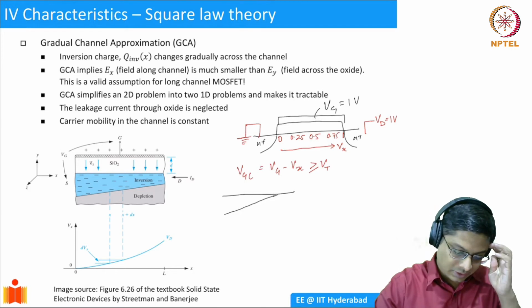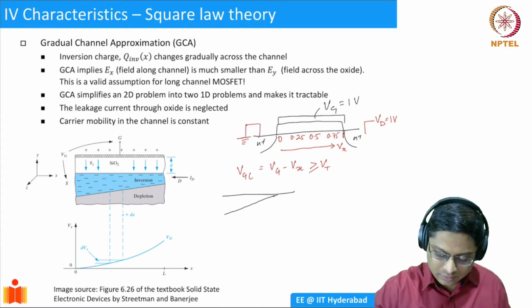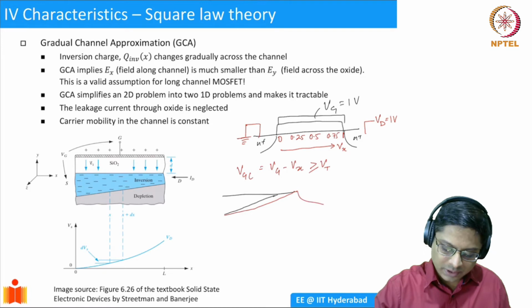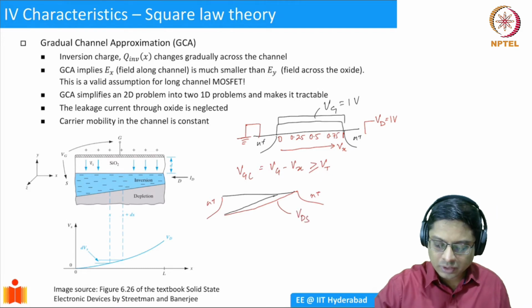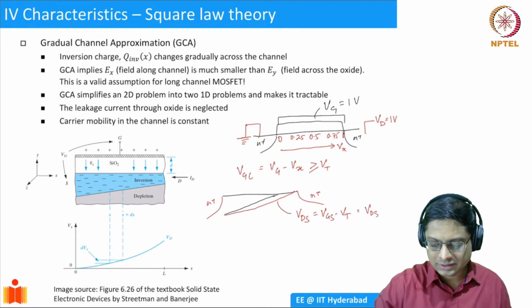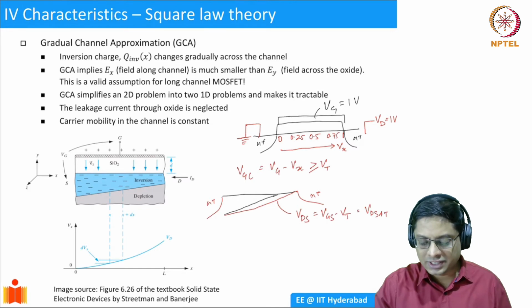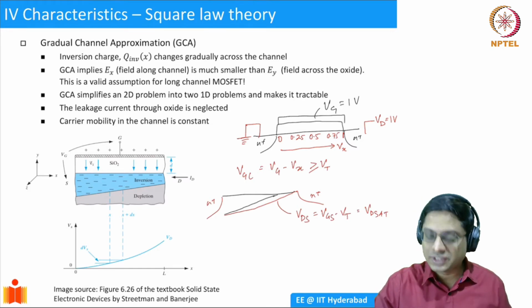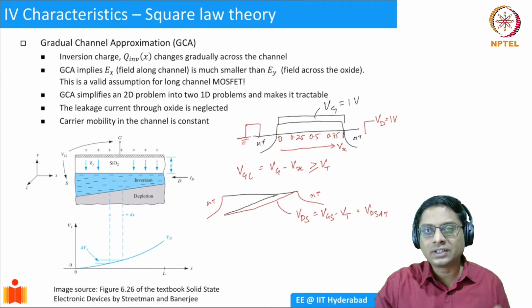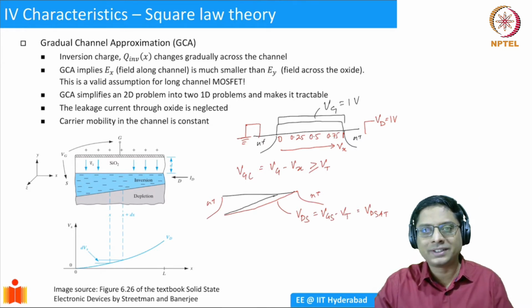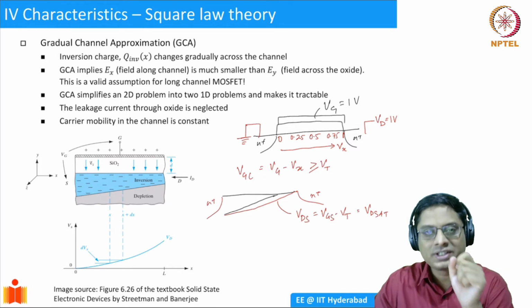Okay. We can say two scenarios. One is if I take this to be my drain and this to be my source, and this red curve should be when VDS equals VGS minus VT, which I'll call VDSAT, the saturation drain voltage. So if you reach that point, VGS minus VT, what happens to VGC? You can substitute and see that VGC will become exactly equal to VT. When you are at VDS equal to VDSAT, then VGC will be exactly VT.